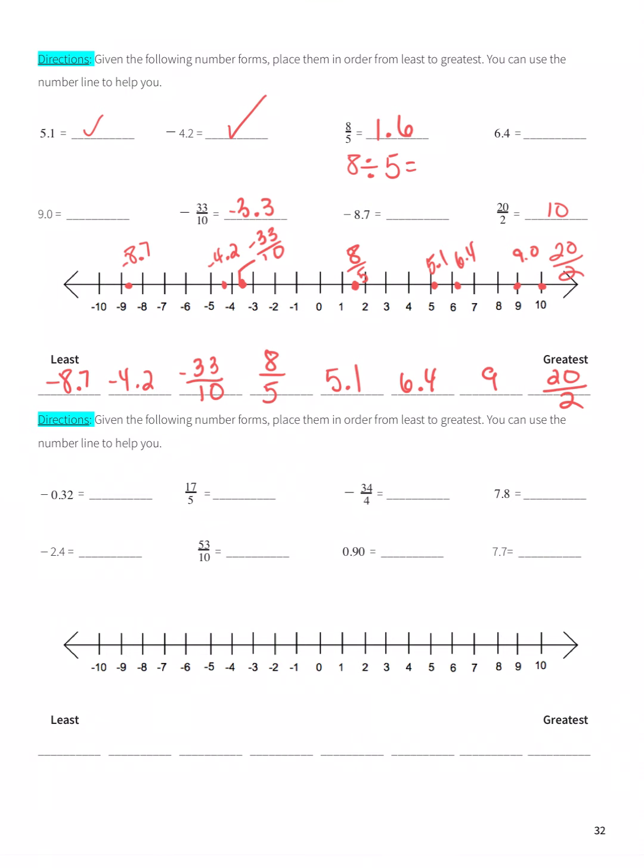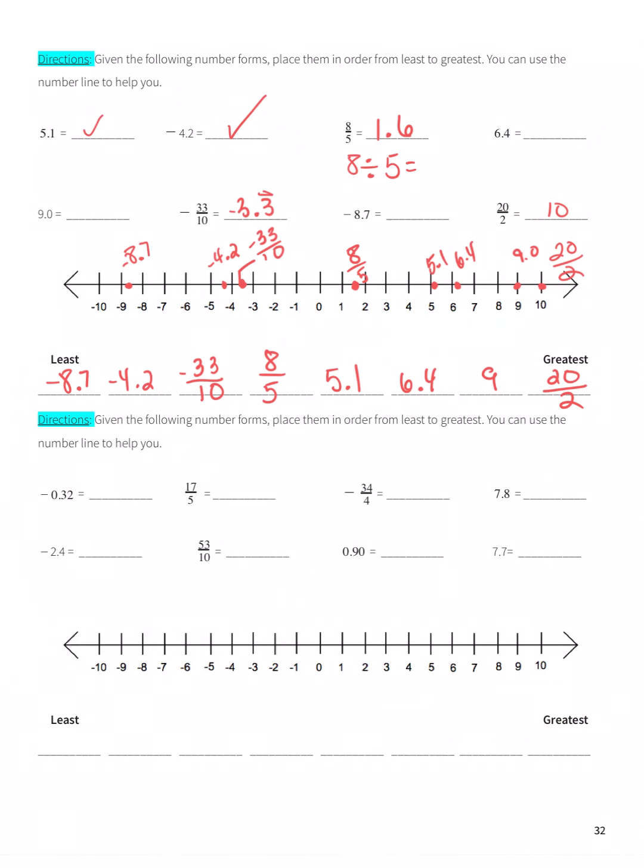We get this answer of -3.3 repeating. Go ahead and just put that little repeating sign over it if you'd like. And we know that that's between -3 and -4 because it's more negative than -3, so it has to be between that number and the number to the left, which is -4. Next, we have